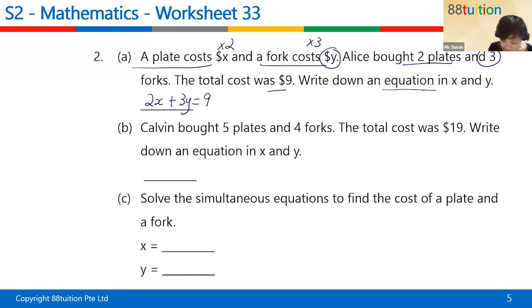Okay, part B, Kelvin bought 5 plates, 4 forks. So it's a different thing because